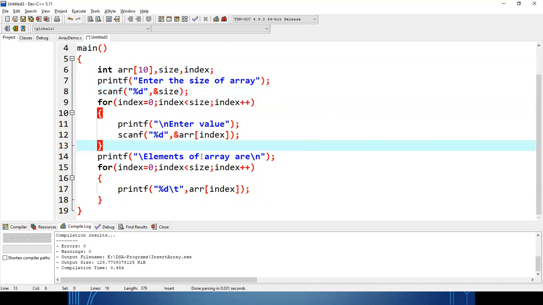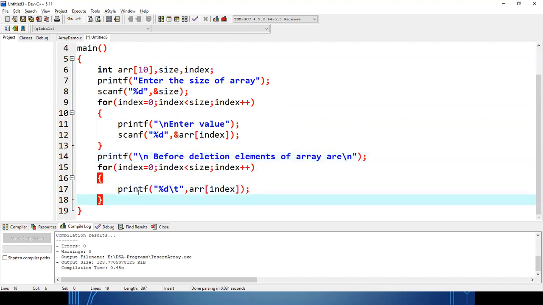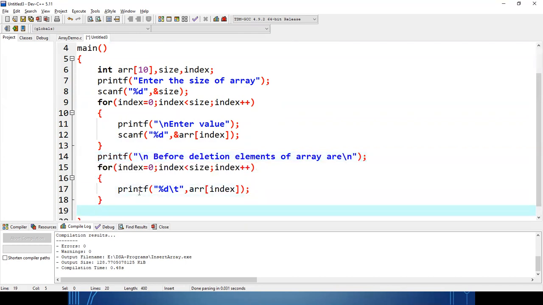Then we give the message: before deletion, the elements of the array are this much. We are just printing the values to confirm that whatever values you gave as input are all available in my array. Now, whenever I need to delete one element, I have to provide the position. Clear? So I'll ask the user: